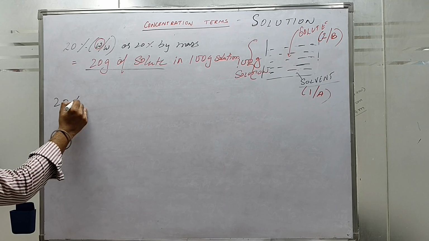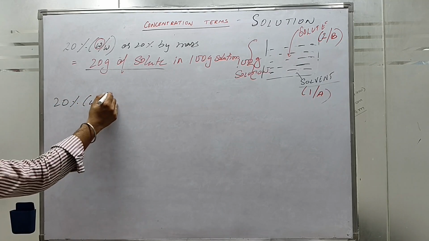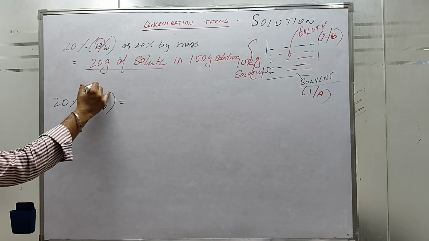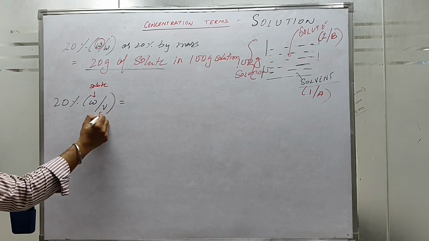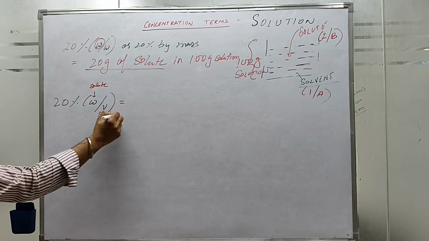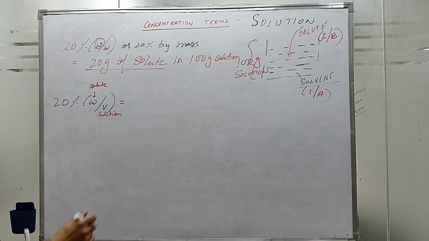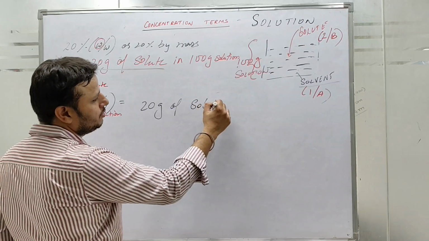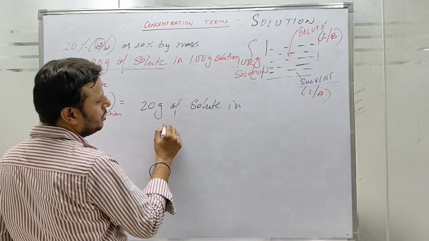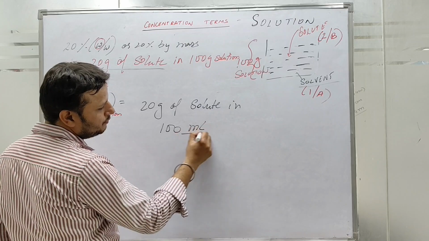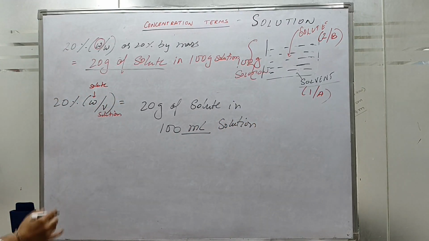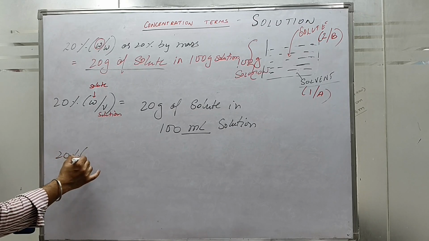Similarly, 20% weight by volume. The first is the unit of solute, and the second is the unit of solution. 20% weight by volume means 20 gram of solute in 100 ml of solution. And 20% volume by volume means,